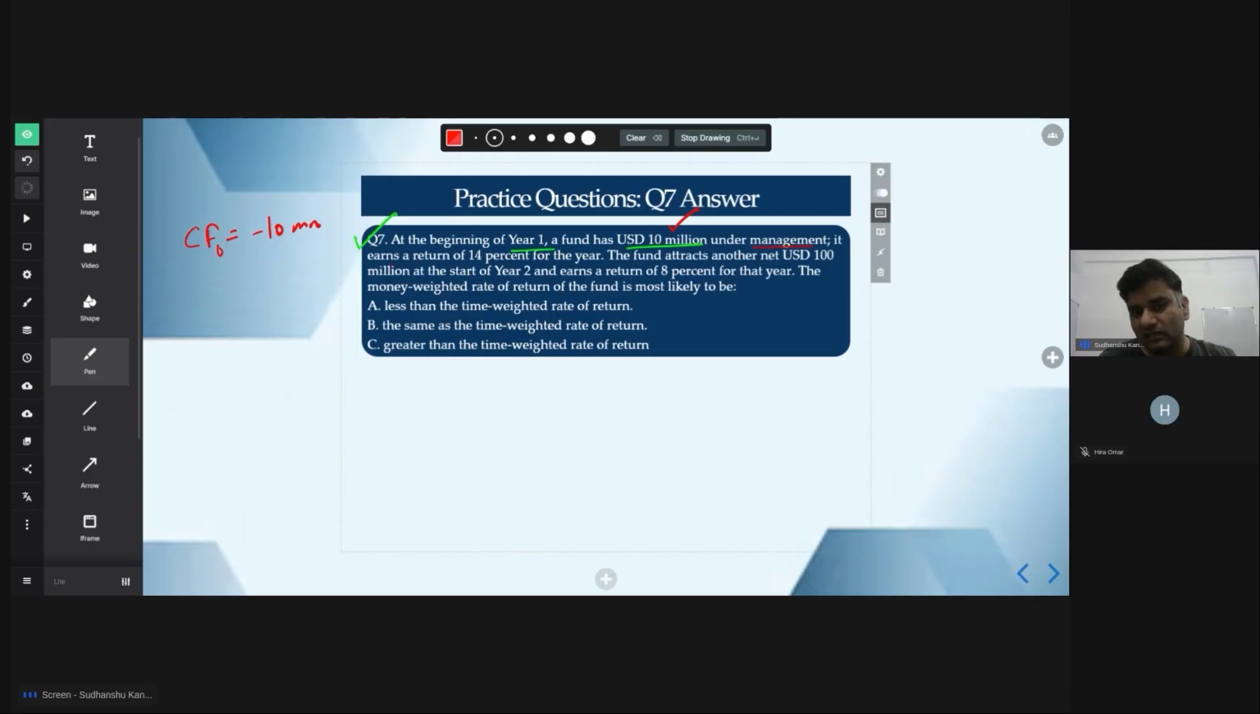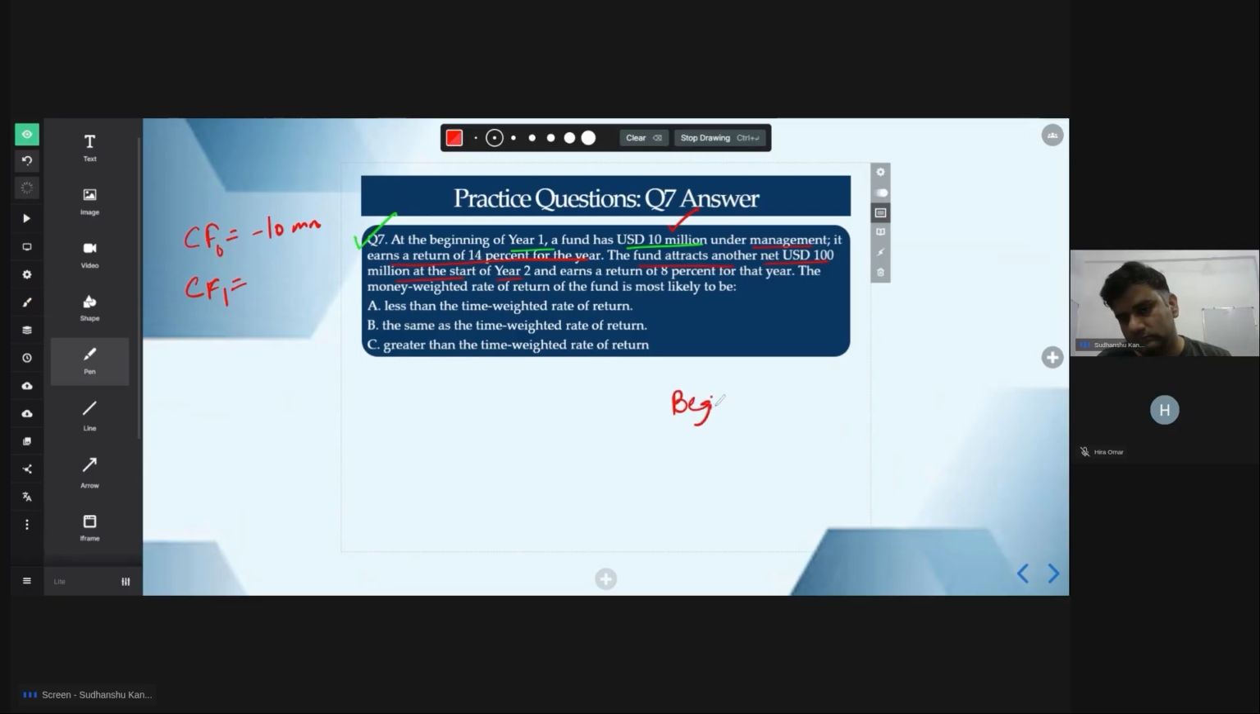It earns a return of 14% for the year. Okay, fine. So first year 14%. The fund attracts another net USD 100 million at the start of year two. So money is coming again to you, but it is not your money. It is coming to you. So same as the earlier question, CF1. And why am I taking CF1? Keep in mind very clearly,